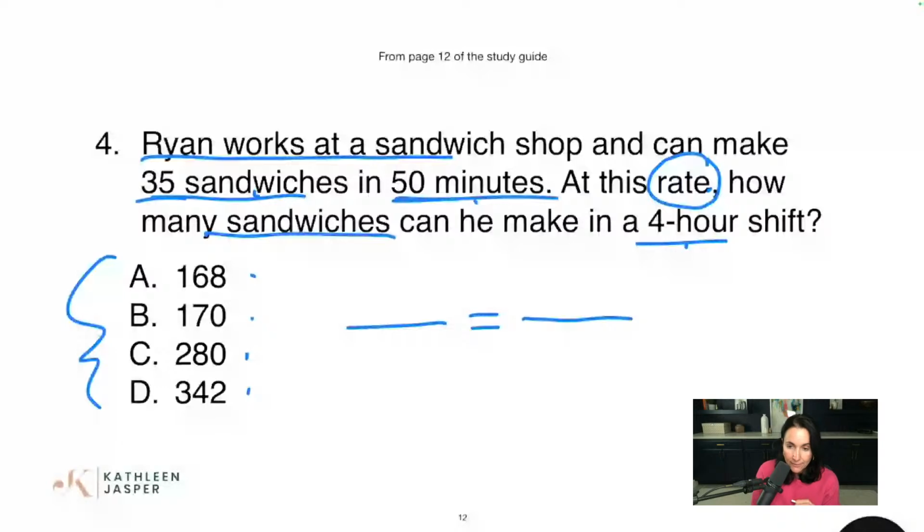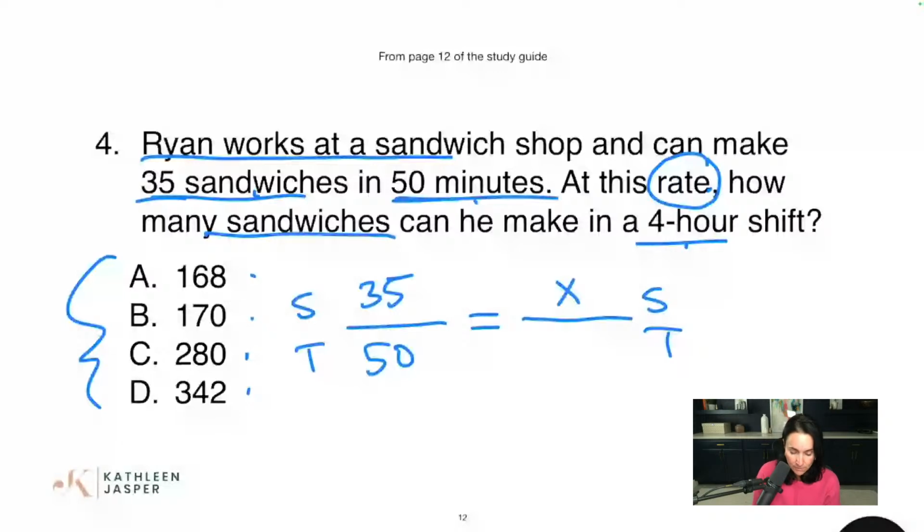So the other thing I want you to think about is matchy. Whatever goes on the top has to be the same thing on the top on both sides. In this case, I'm going to do sandwiches over time equals sandwiches over time. You could do time over sandwiches equals time over sandwiches, but you cannot do sandwiches over time equals time over sandwiches. No. In this case, I'm going to do sandwiches, 35, over time, 50 minutes, equals, I'm not sure how many sandwiches,